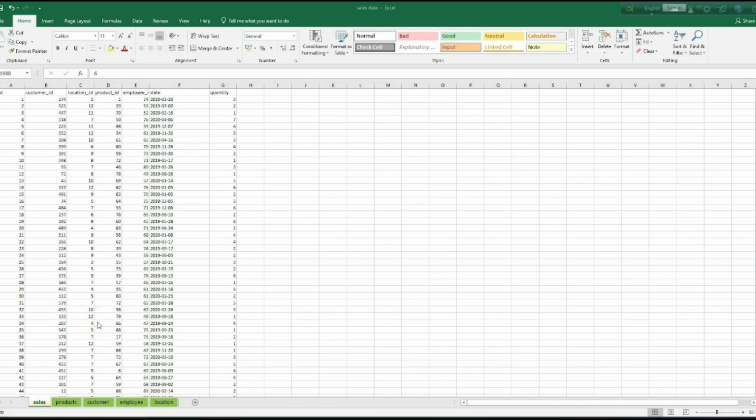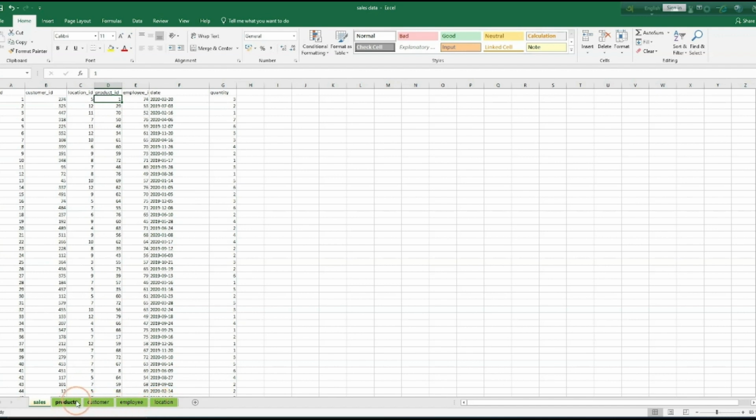So in the first step, let's have a look at the data we are working with. Now you can see that we have 5 tables. We have this sales table, which will be our main table we are working with. It's our fact table. So all the information we have about all the transactions, all the sales, are included in this table. So here we have each transaction together with additional information. For example, which customer, which location it was sold, which product it was, and these IDs are referring to our other dimension tables. So in these dimension tables, these 4 tables,